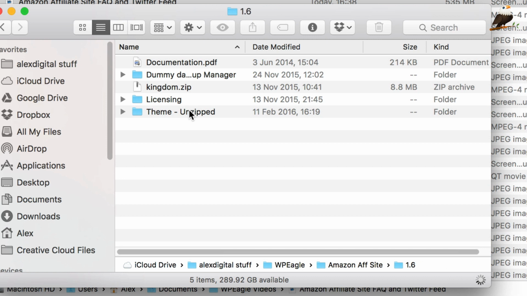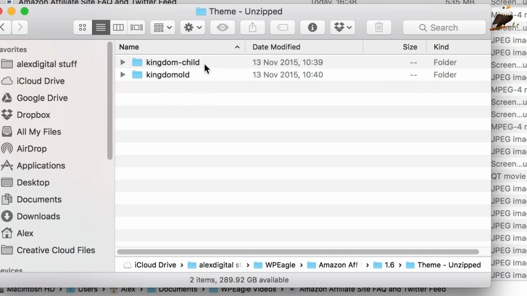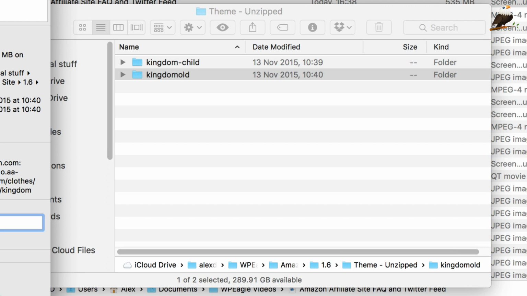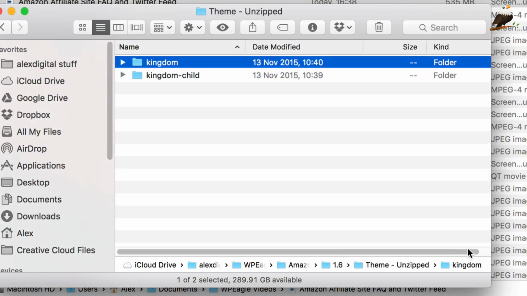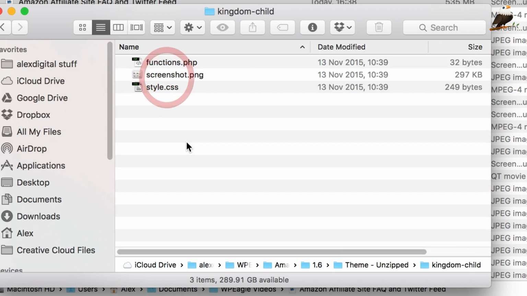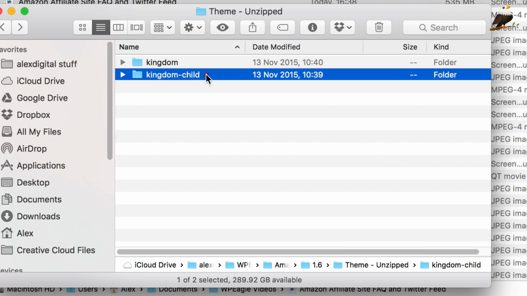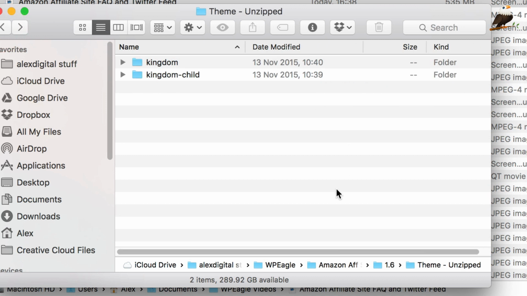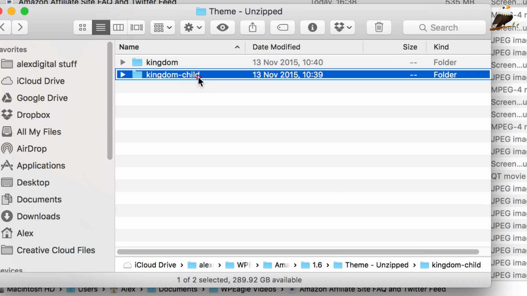And then in this folder, theme unzipped, you've got these two things, Kingdom Child, and this is Kingdom. It'll actually be called Kingdom. Mine's called Kingdom Old from that other video I did the other day where we updated. That's what it will look like, Kingdom and Kingdom Child. And obviously what we want is this child theme, which is actually just a few little bits and bobs that you can then change, and this one here is the style sheet that we're going to change very shortly. So in order to install this, what I would do is just zip it up again